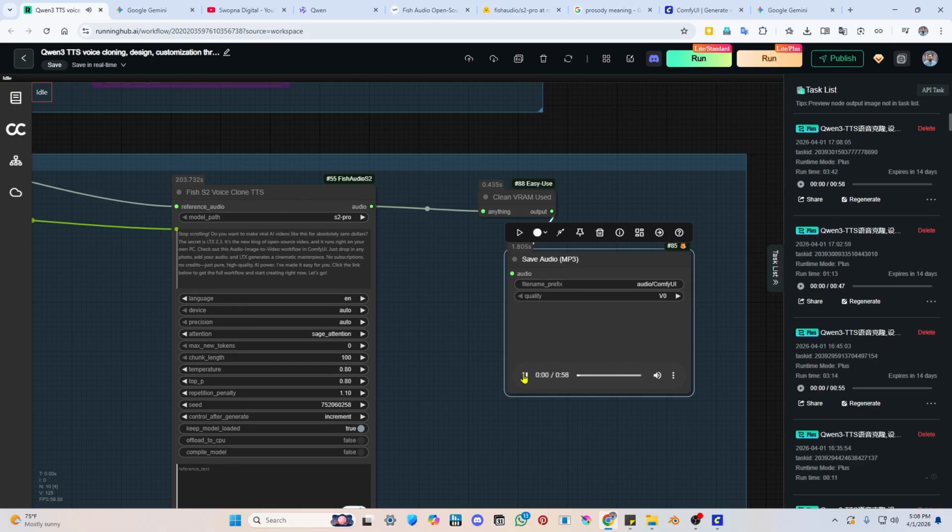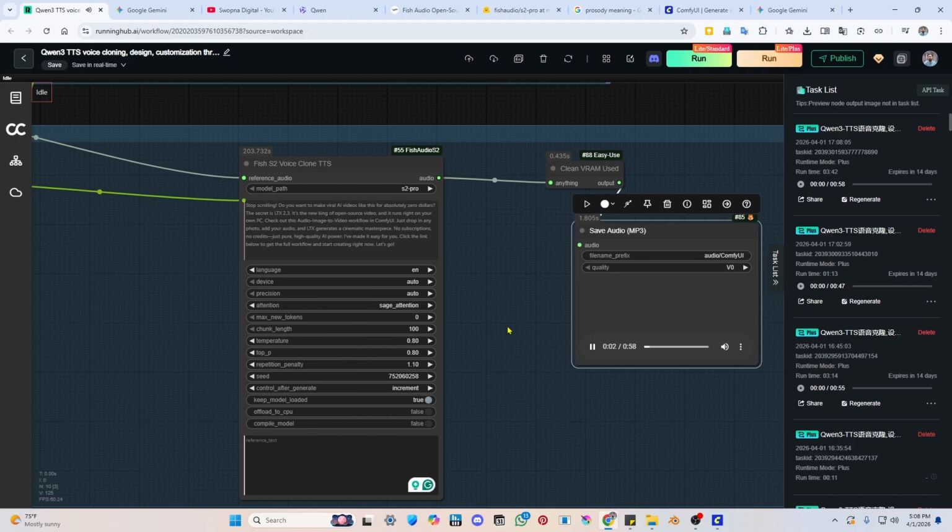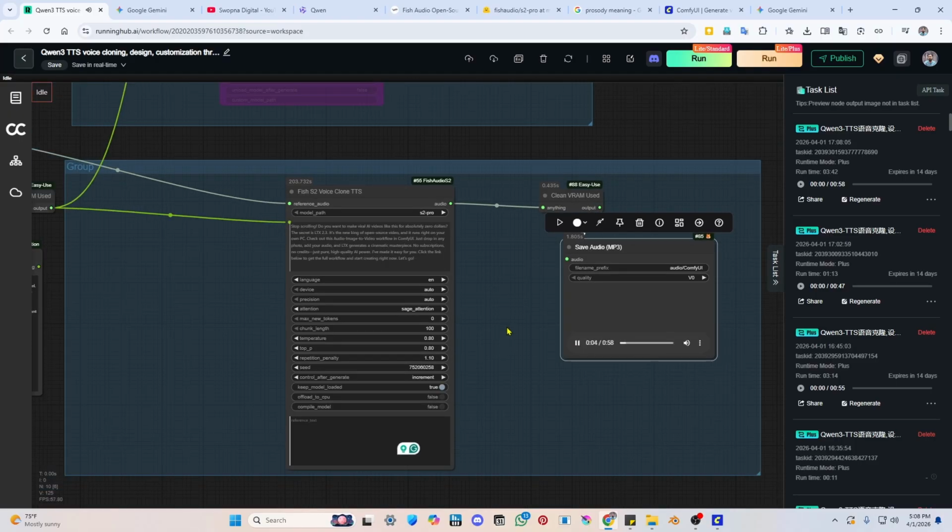Let's hear it. Hey guys, want to clone any voice in just 3 seconds and get that deep, rich bass that sounds insanely good? Qwen3TTS just dropped, and it's in just 3 seconds and get that deep, rich bass that